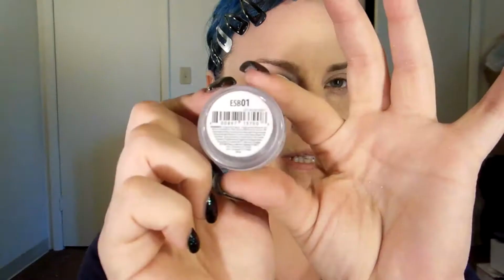Now I will be using, let's see here, a NYX Eyeshadow Base. This is in the shade ESB01. It's white and it's matte, and I have used quite a bit of this. Normally I do not use this product, and I'll tell you guys why real quick. It just doesn't seem like it ever dries, and